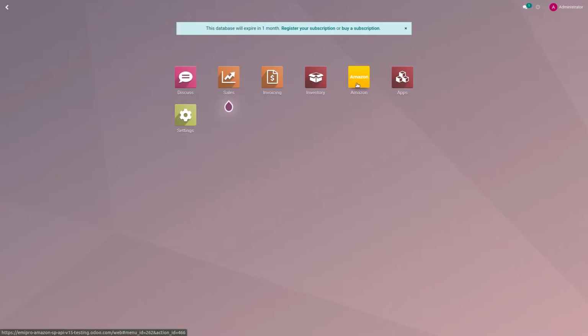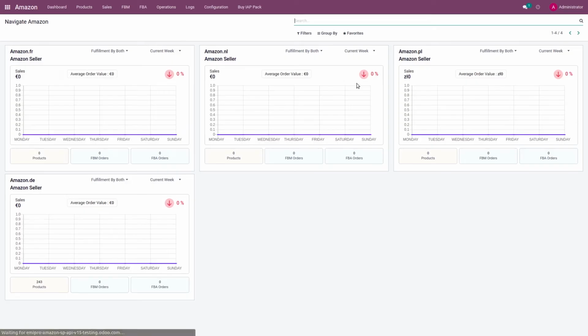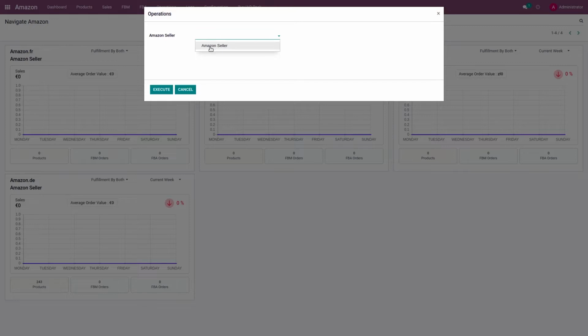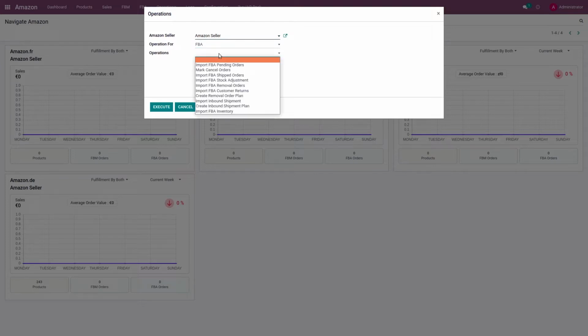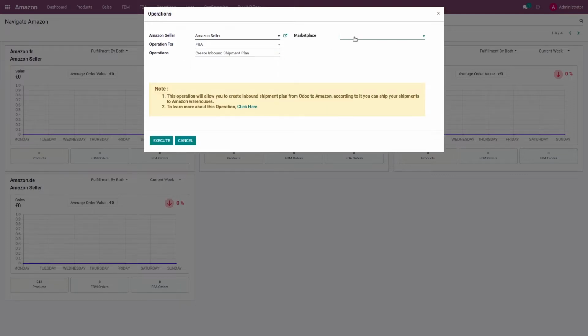So here I am on my Odoo database. I'll go to the Amazon application, then to Operation. Select the seller for which I want to create an inbound shipment plan. The operation for that will be FBA. Here in the operations, I'll select create inbound shipment plan. I'll select the marketplace for which I want to create the inbound shipment. And when I click on this execute button,